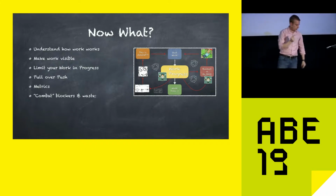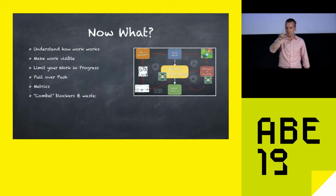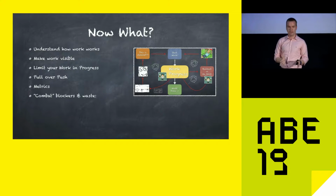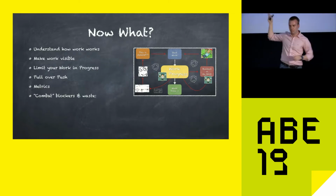Metrics. I do believe that you don't manage what you don't measure, right? It's like a dashboard in a car. You have to know if you are having an oil pressure problem, you have to know if it's now fixed or not, or if there's a problem or not, right? Measuring is very important, but be careful, because metrics will mold behaviors, will influence behaviors. And here we are talking about the output,